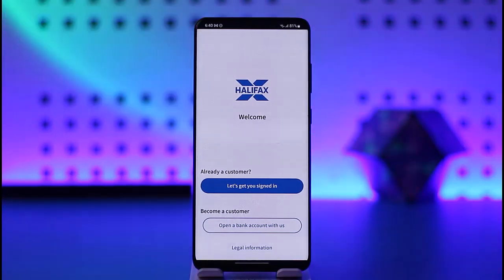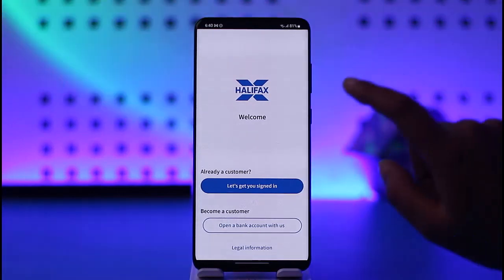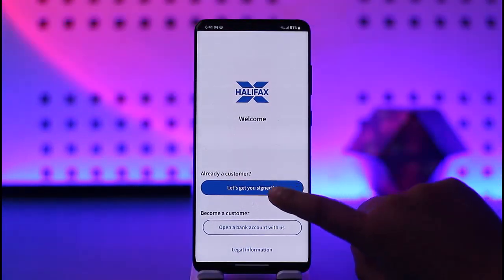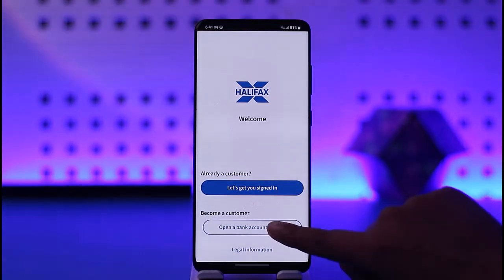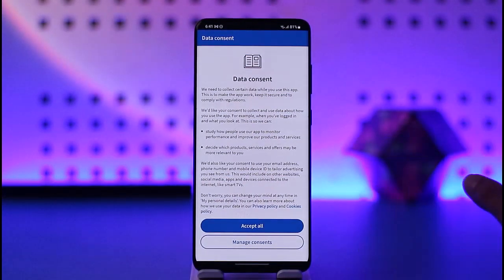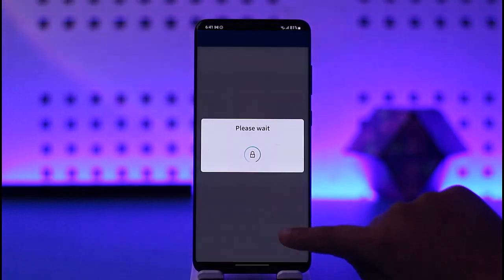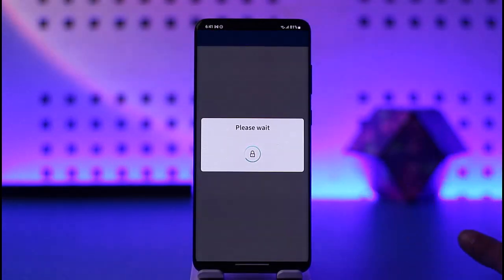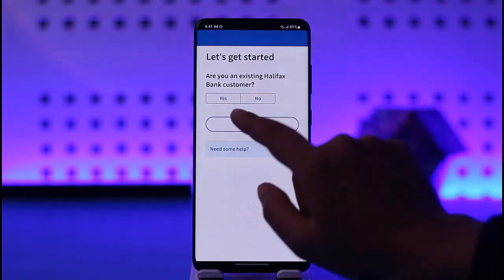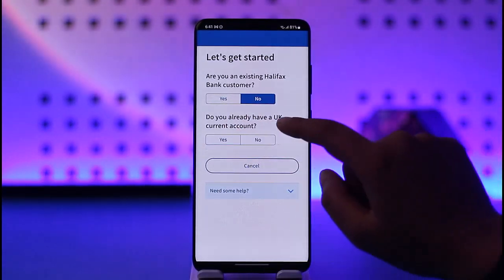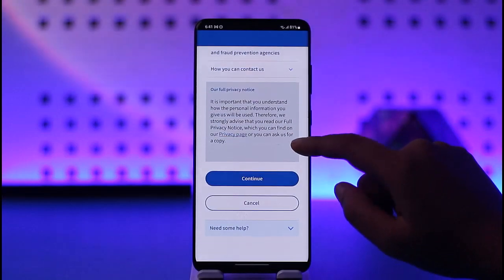of is that you have to create yourself an account or get yourself signed up. So for that, we're going to tap on this "Let's get you signed in" option if you're already a customer. For us, we're going to tap on this "Open a bank account with us" to start. Now tap on this "Accept all" and let's wait for a while. And now we're going to tap on this "No", since we are not, and tap on this continue